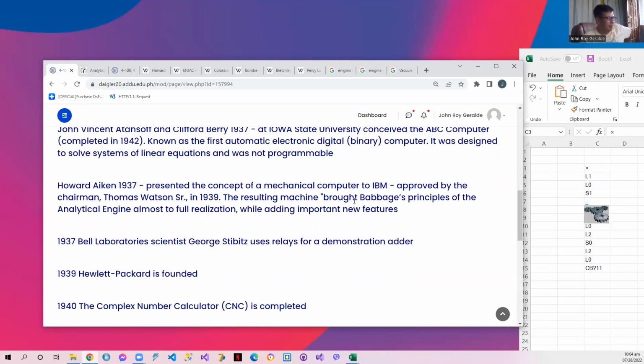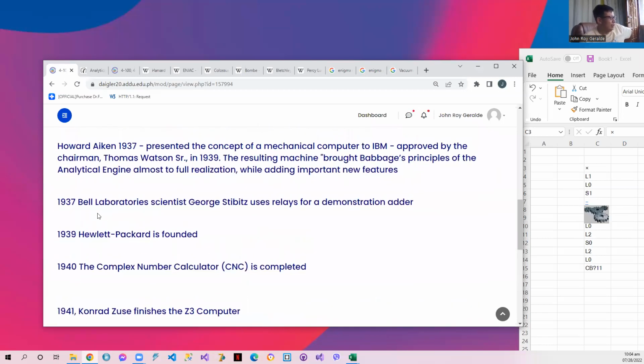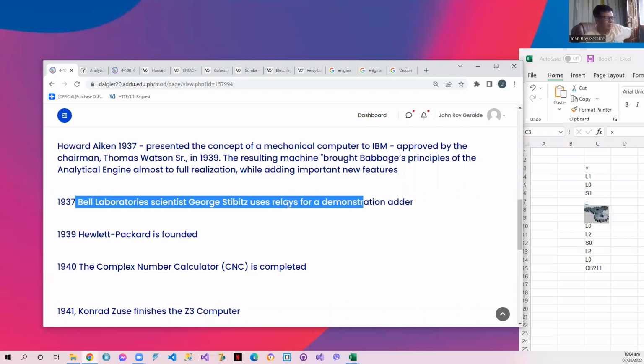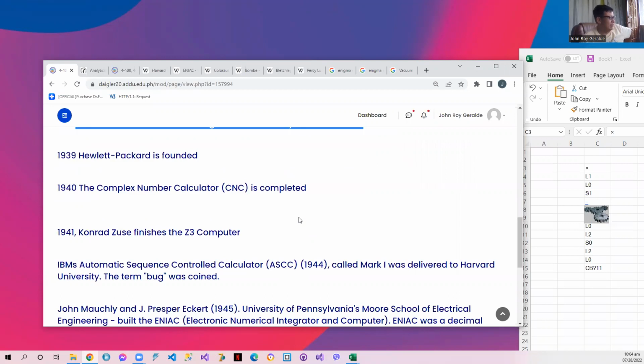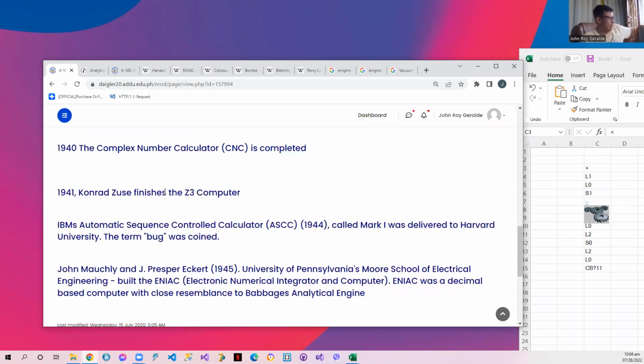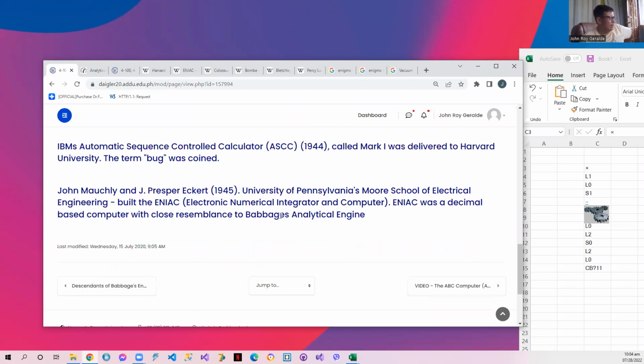The Mark I is patterned after the analytical engine. Hewlett Packard was founded in 1939. Bell Labs, which is actually now AT&T, started using relays for demonstration of binary addition. The Complex Number Calculator was completed in 1940. Then Konrad Zuse in 1941, Z3. And then the Mark I was completed in 1944. And 1945,